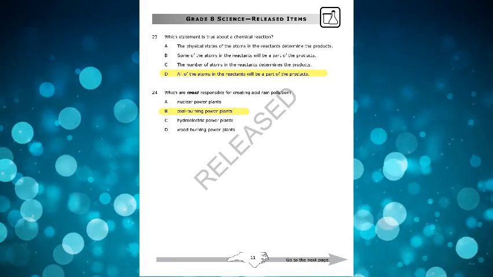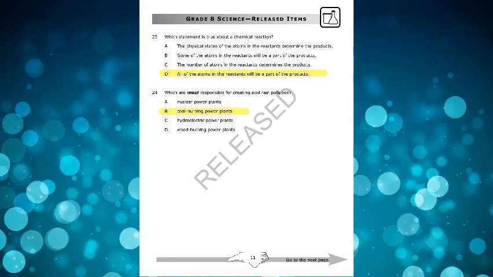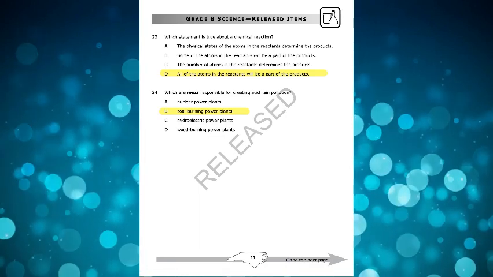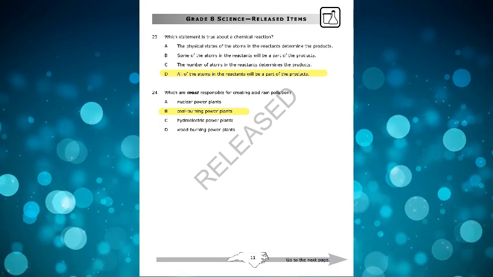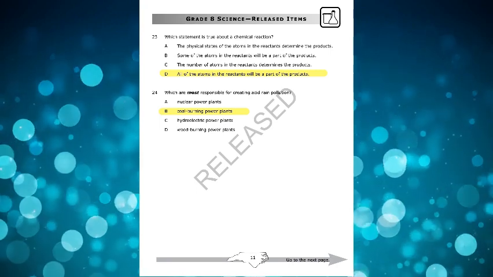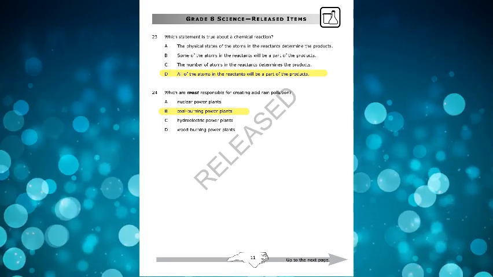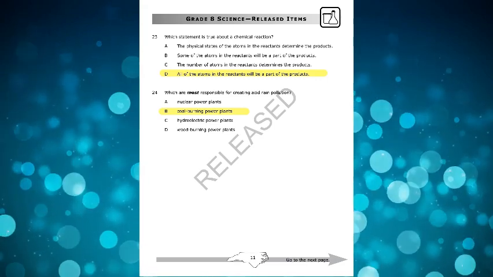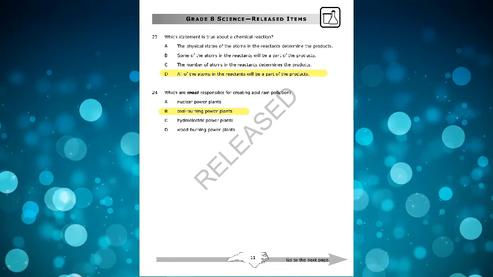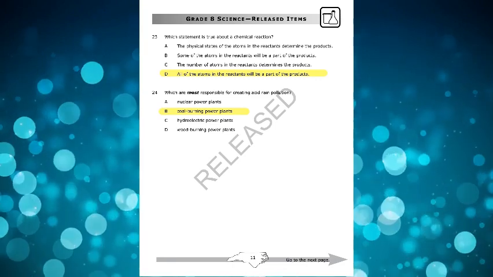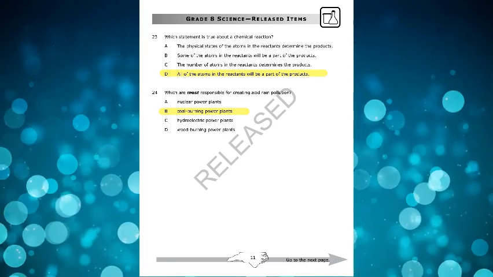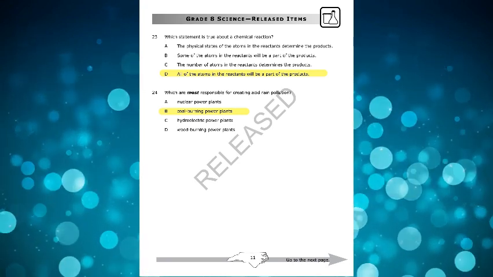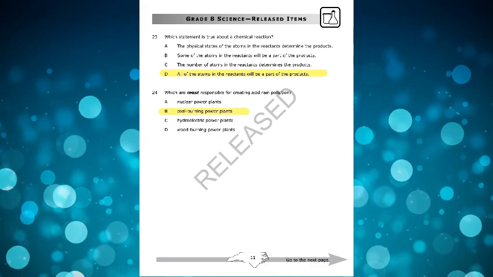All right. So, looking here, which statement is true about a chemical reaction? So we've got D. All of the atoms in the reactants will be a part of the product, and that is true. So again, that's part of the law of conservation of mass. Remember, what we start with is what we have to end with as far as our number of atoms. So that is what that statement is telling you. So the number of atoms that you start with in the reactant is the same number in the product.